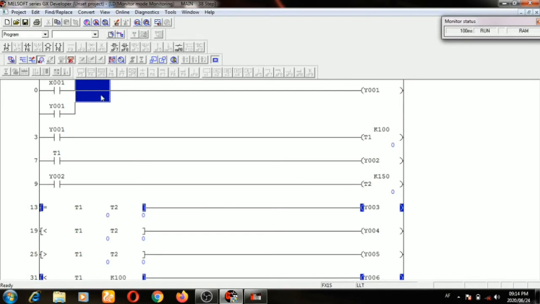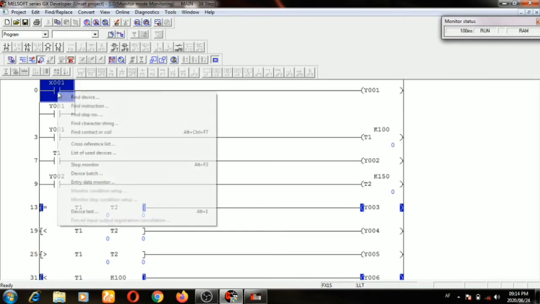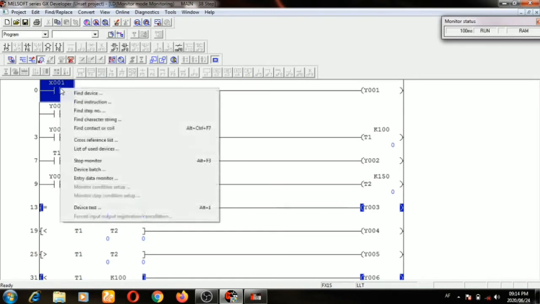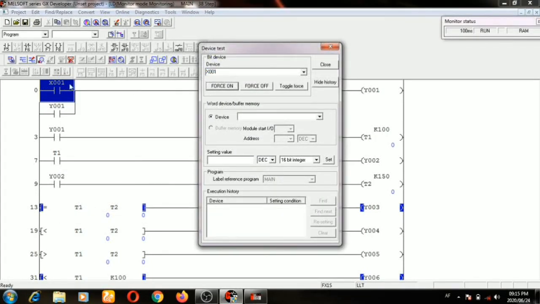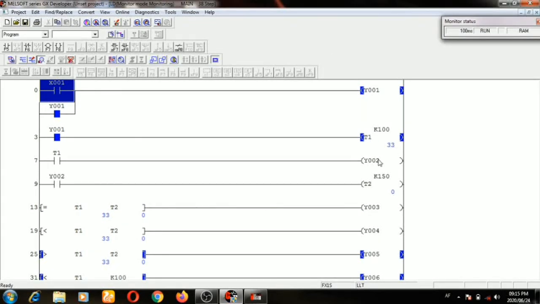Okay. So let's start. Right click, device test and on. So you can see the timer value is increasing continuously and T1 is greater than T2 now, so output Y5 is on.